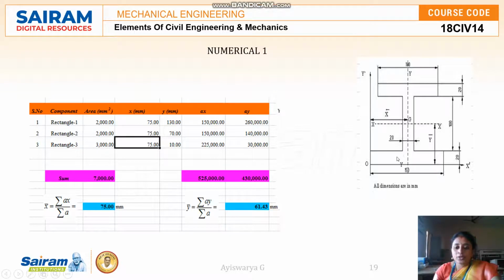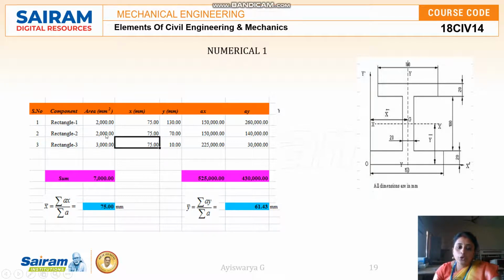Okay. And when coming to the third component, the x3 distance is 150. See guys, this is symmetrical. You need to check which axis it is symmetrical about. Okay, so it's symmetrical about the y-axis. If it is symmetrical about the y-axis, you will get all x answers the same. If it is symmetrical about the x-axis, you will get all y values the same. Okay, so here the x distance is 150 divided by 2 and the y distance is 20 divided by 2, that is 10. So multiply that and you will get ax and ay, right?